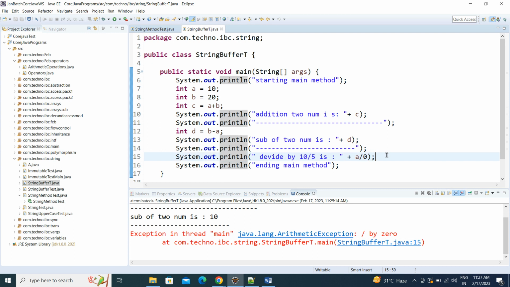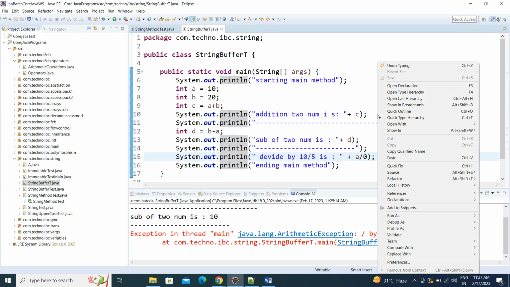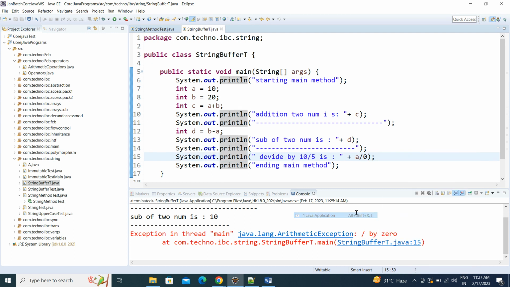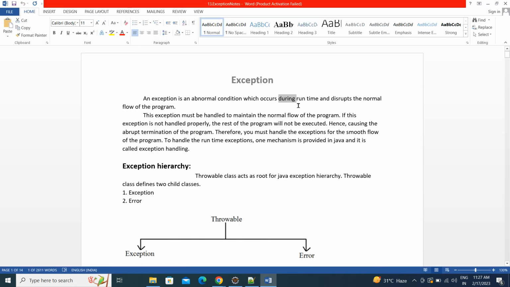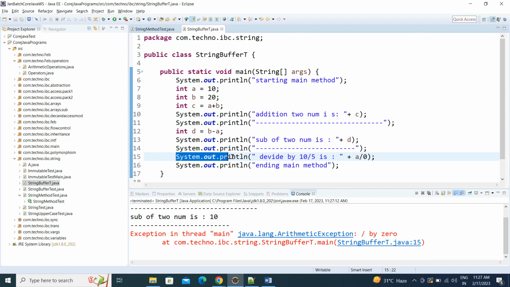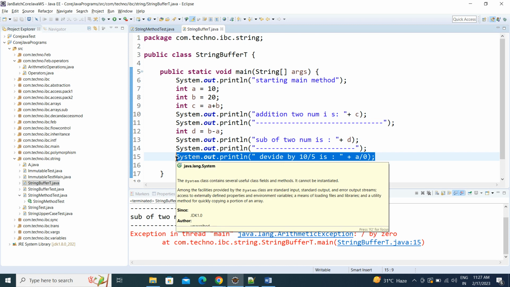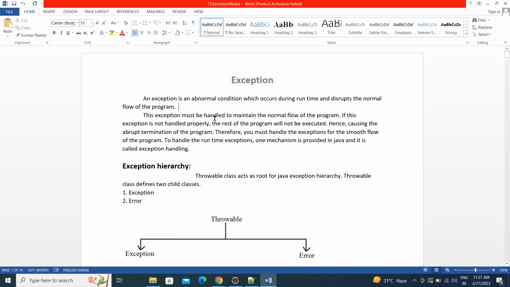Only at runtime, when I am running the program, it is giving an error. It disturbs the normal flow of the program. This line is not allowing the rest of the lines after it to execute. That abnormal situation is called an